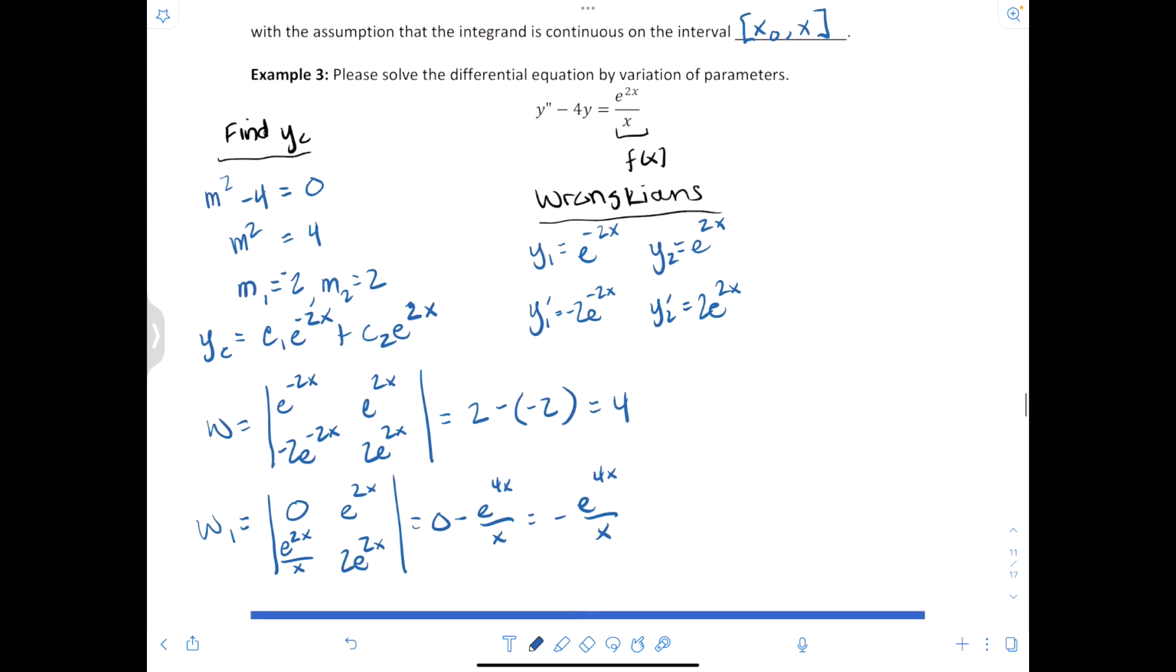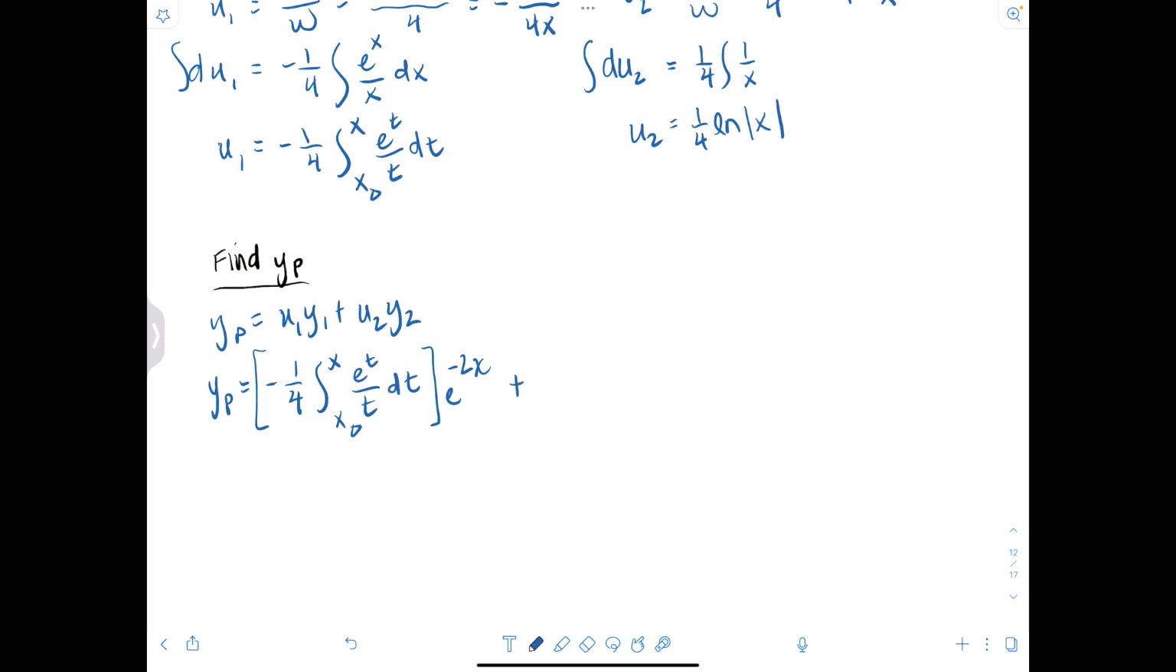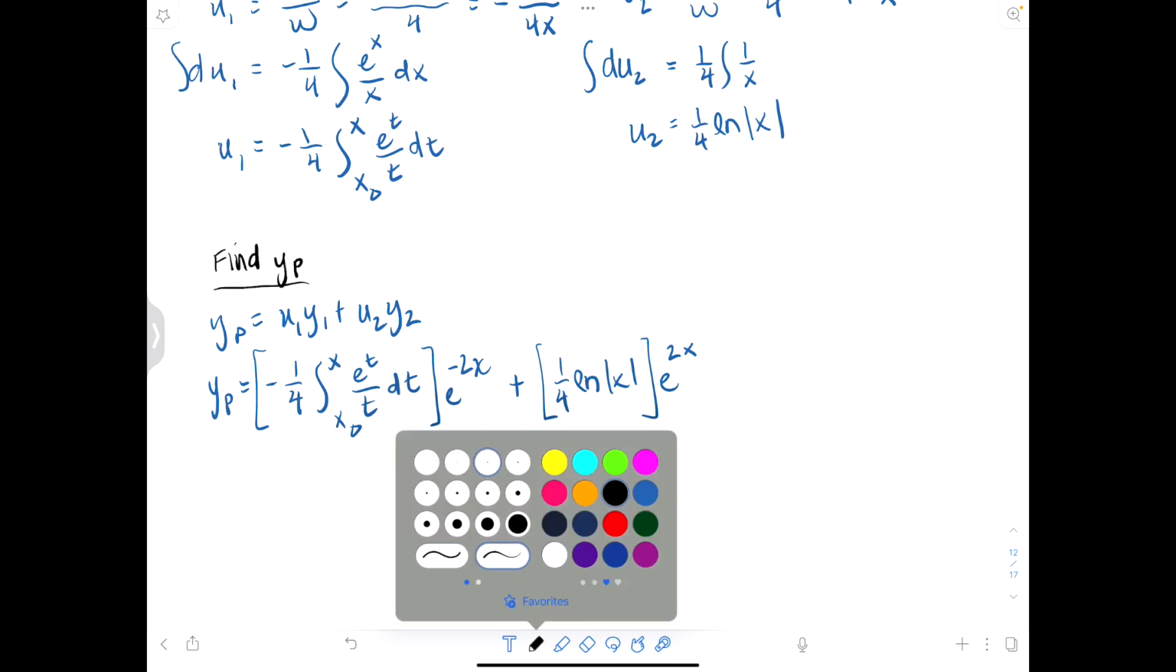and where are our y's? e to the negative 2x and e to the 2x. So we have yp is negative 1/4 integral x0 to x e to the 4t over t dt times e to the negative 2x, and then plus 1/4 natural log absolute x times e to the 2x. So our general solution will be